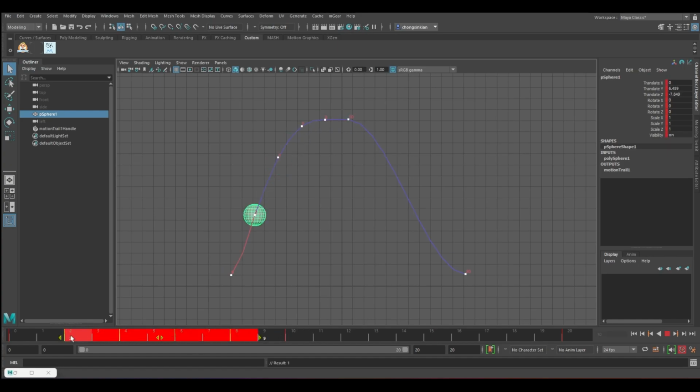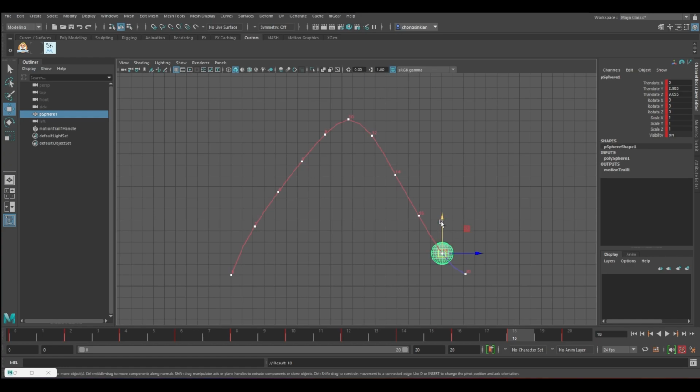Sometimes when you do your blocking, your keyframes might end up at 3 or 6, 8. So you can see the spacing is not even, because from here to here is 3 frames, 1, 2, 3 frames. But over here you only have 2 frames in between, 1, 2, 6 to 8. So this keyframe from here to here is not even spacing. Even spacing is what we call every single frame or every 2 frames in between: 0, 2, 4, 6, 8, 10, 12, 14, 16, 18.